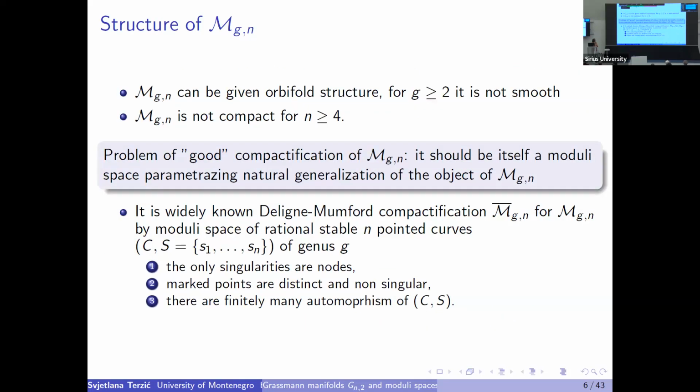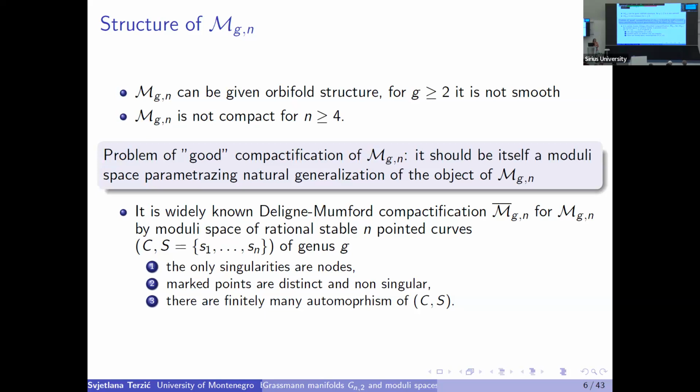It is well known that M_{g,n} can be given orbifold structure. The structure is not smooth when the genus is greater or equal to 1, and M_{g,n} is a non-compact manifold where n is bigger or equal to 4. And now here in the literature, one can meet the very often and famous problem of a good compactification